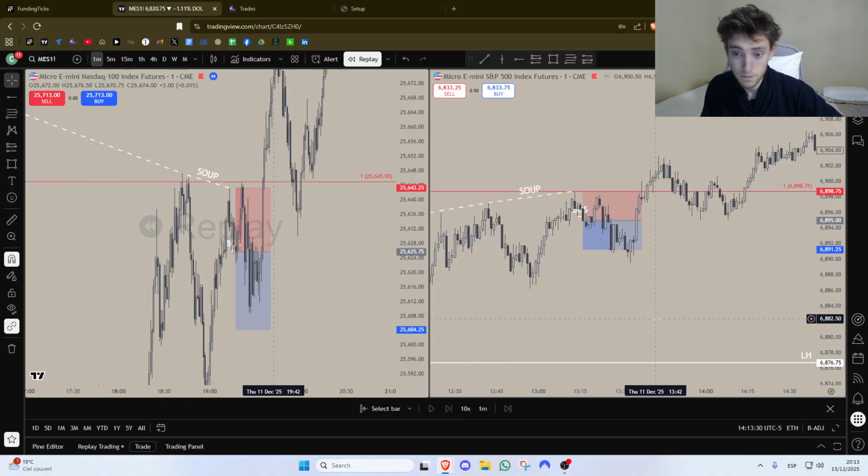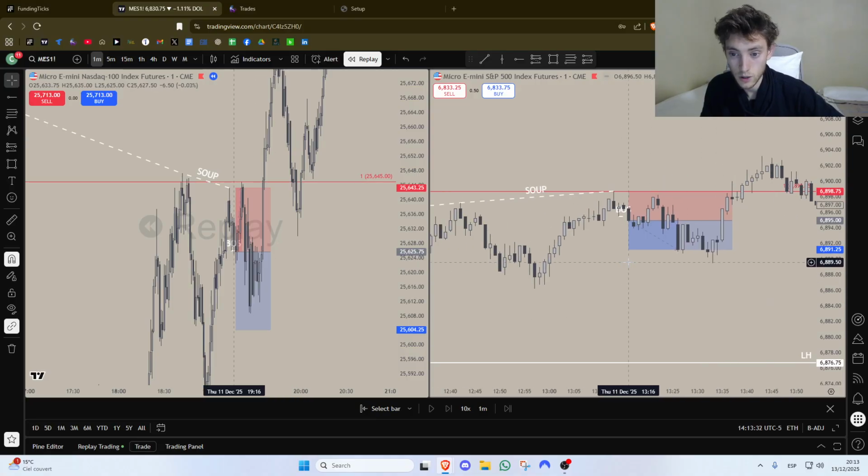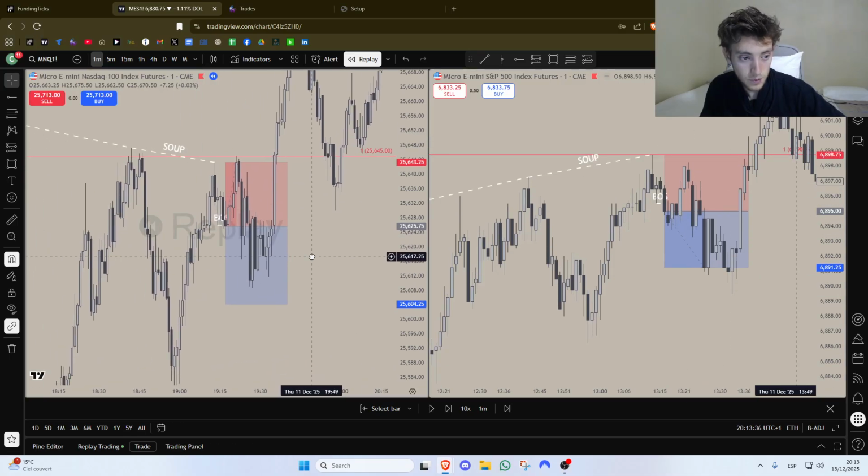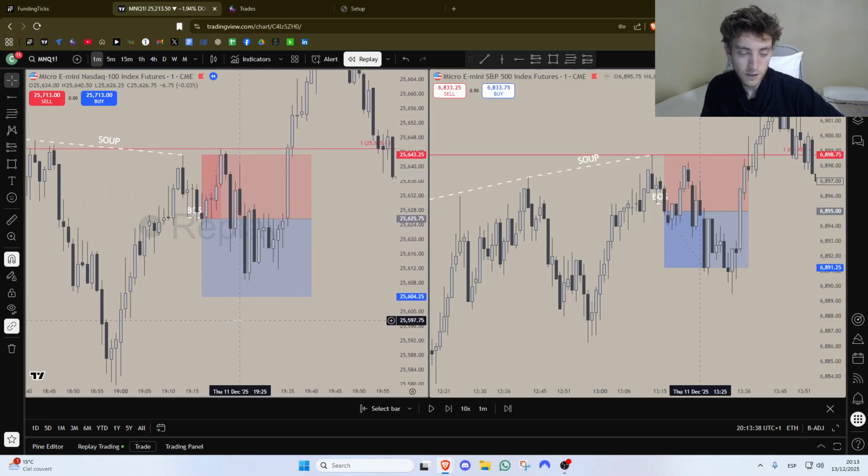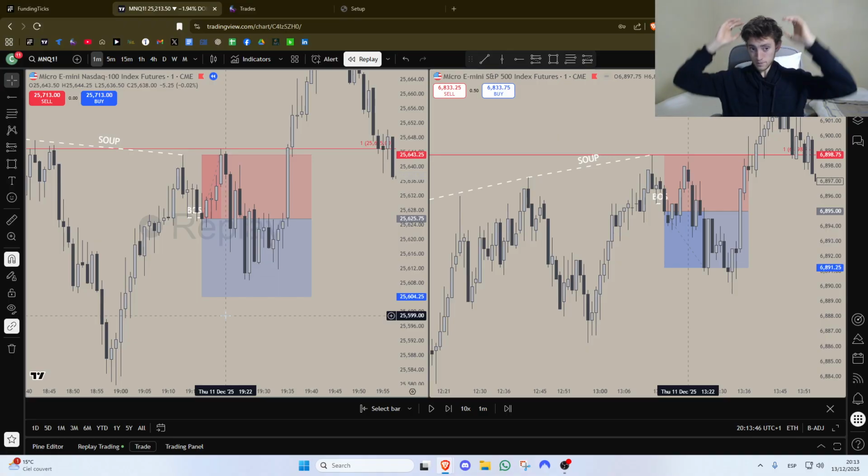So yeah, and it's proven this week that entering on the weaker pair for shorts and the strongest pair for longs has really helped, because I think it was 2 times that if I would have entered on the weaker pair, I would have gotten rinsed. So that's essentially that for this trade on Thursday the 11th.